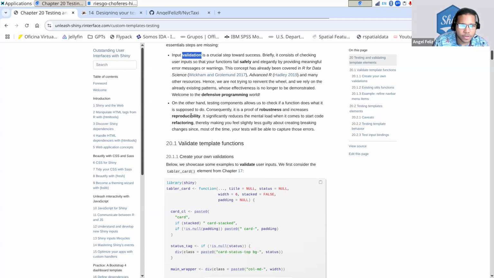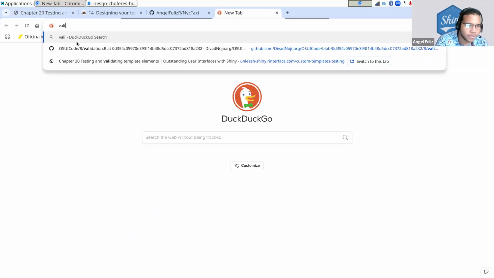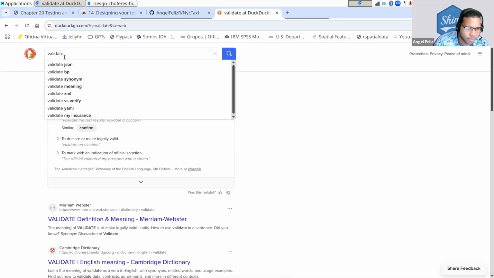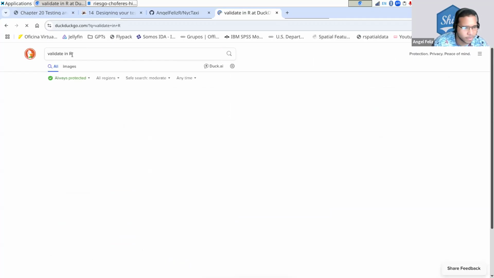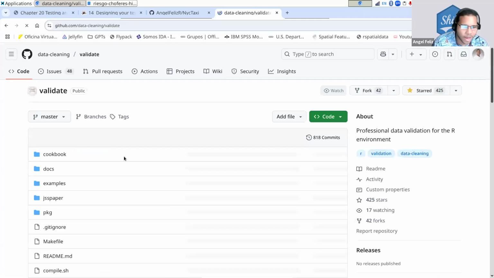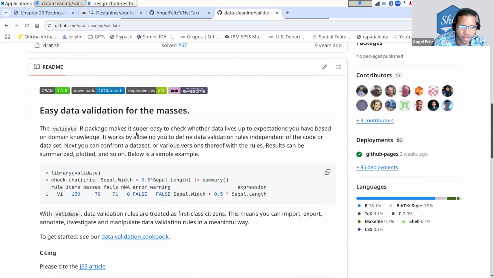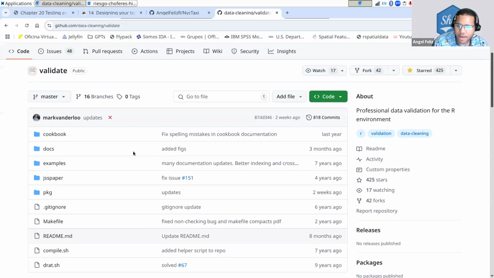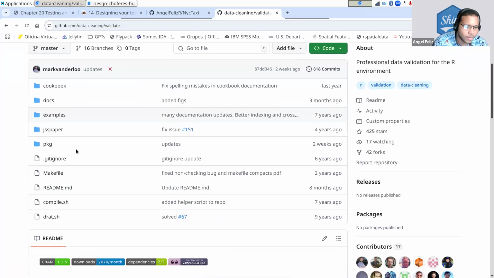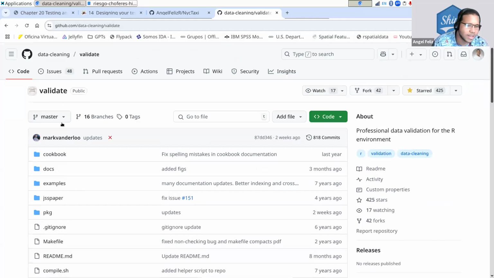I use, there is a validate, I think that is the name of the package. I need to look it up in R. Yeah, validate. I love this package. I use it a lot in my data pipelines. I even did a tidy version of it, but this is the source. Mine is more just some lookarounds and some wrappers that I did, but this is the base, and he's also the author of the